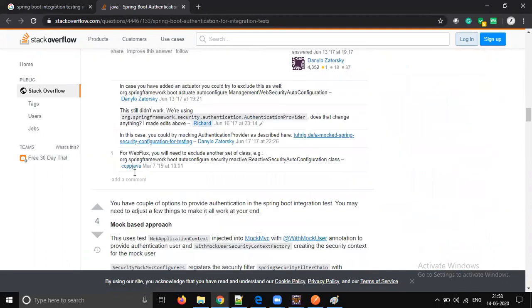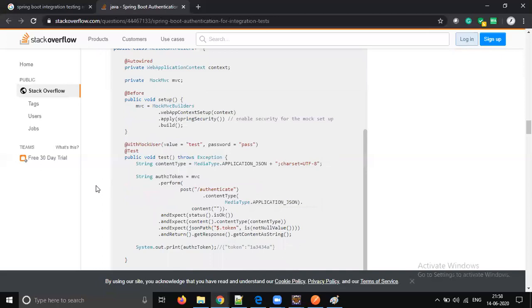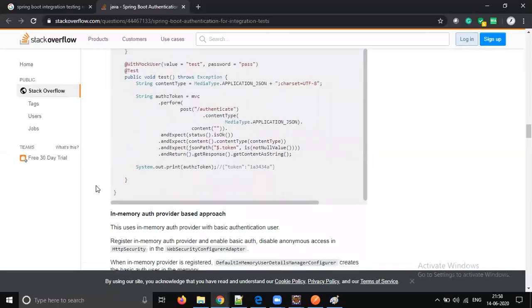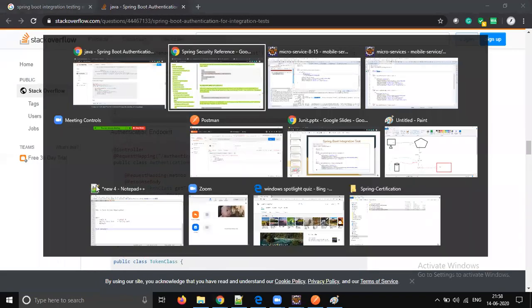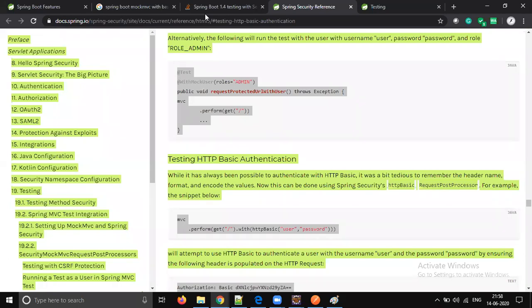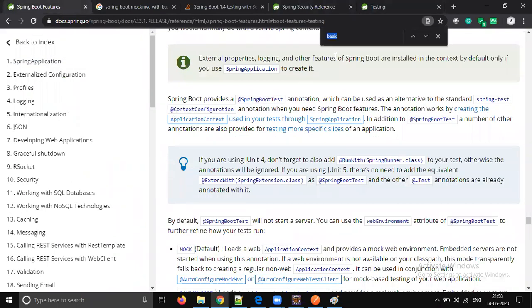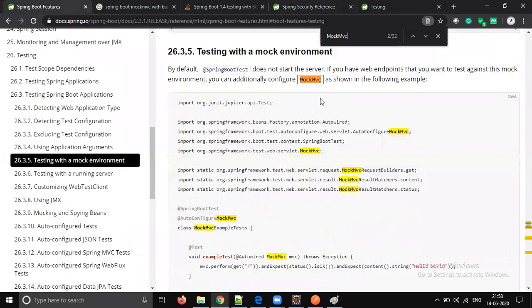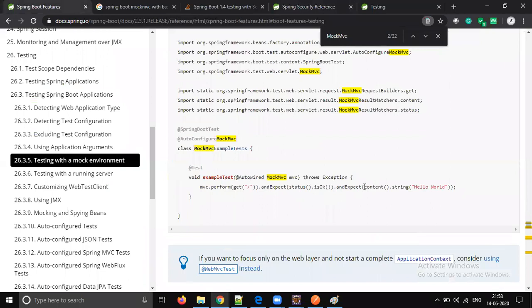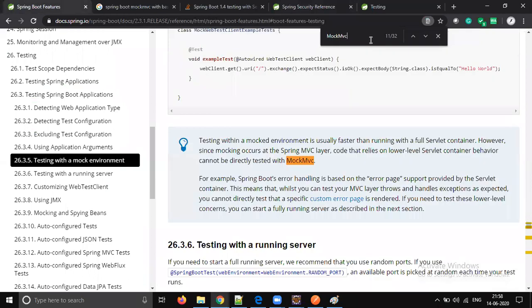Okay, so for now, I will stop the security. I will show that security later. Apply Spring Security, media type, expect response. In the documentation, there is nothing mentioned. So let's go to boot, type control M, MockMvc. Okay, so autowire and expect. Let's see any basic authentication here. Let's expect a body.